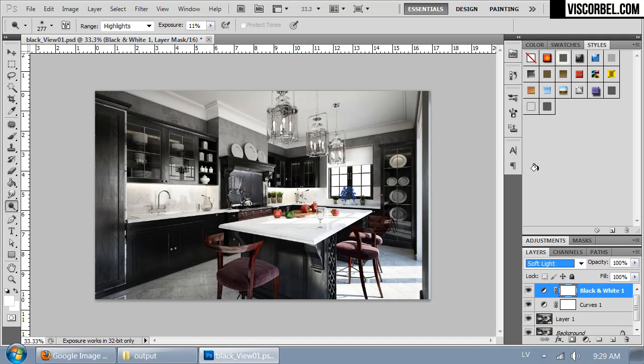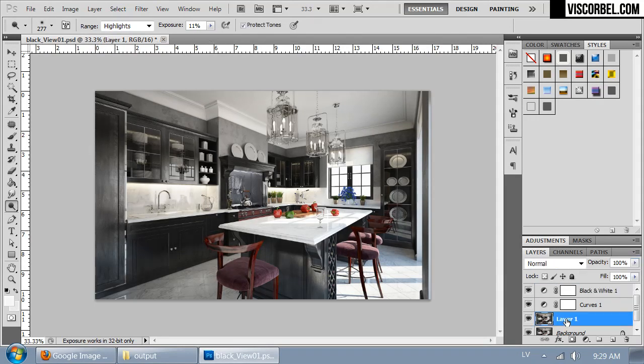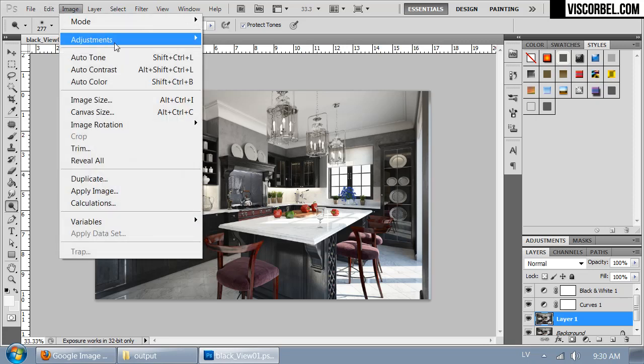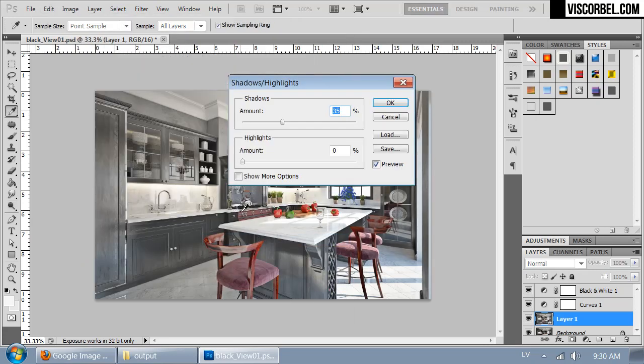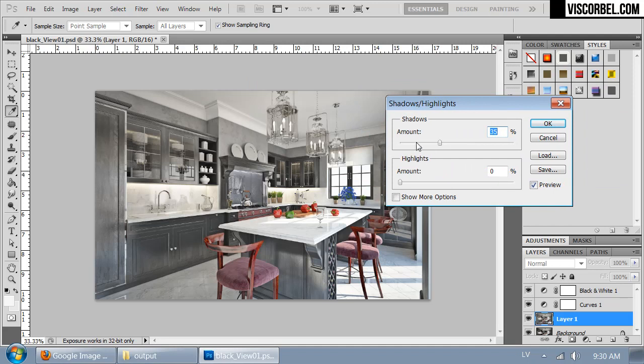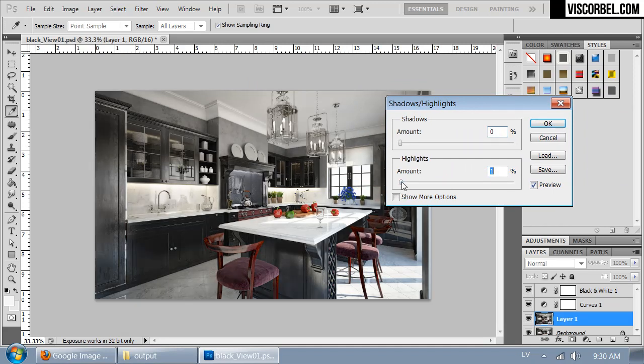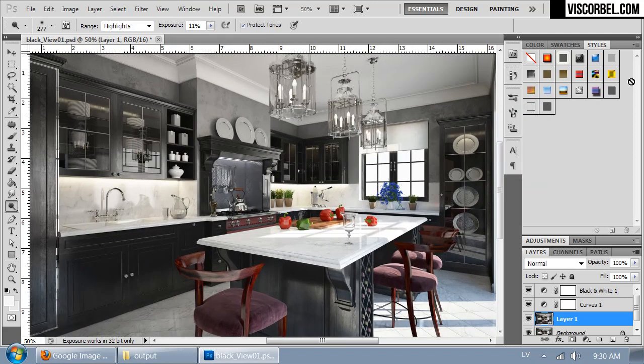Let's try some, okay, maybe soft light. That's fine. Good. I'm gonna go back to my original layer and maybe try some shadows and highlights on it. Seems that I'm losing some highlight details a bit too much, so I'm going to increase it to maybe 2% or so. Alright,